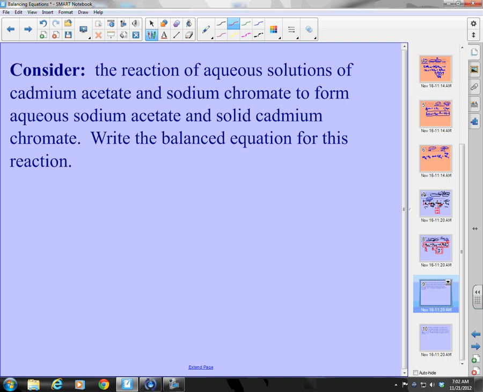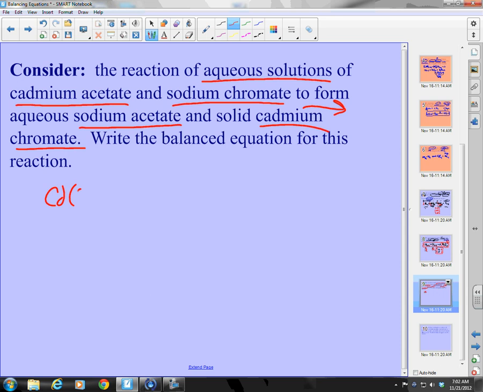Okay. So here we go. Aqueous solutions of cadmium acetate and sodium chromate to form. There's my yield arrow. So that would indicate these guys are reacting to form what? Sodium acetate and cadmium chromate. Okay, so on my reactant side, I have cadmium, Cd, acetate, CH3COO. I'll need two of those. It's an aqueous solution plus sodium chromate, Na2CrO4,